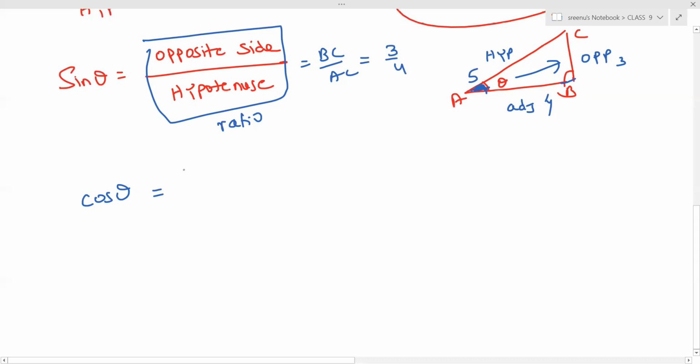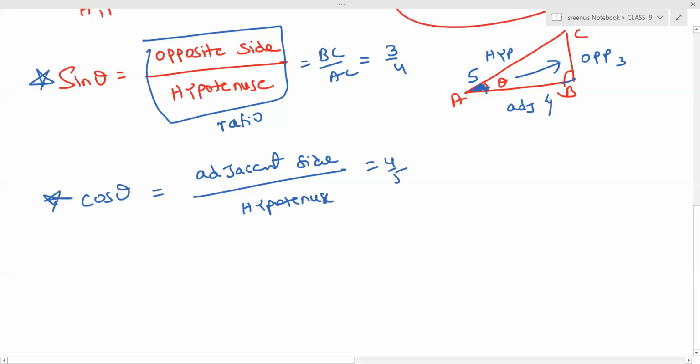And cos theta is also defined as the constant ratio of the adjacent side and hypotenuse. The ratio of adjacent side and hypotenuse is constant in all the similar triangles. That is 4 by 5. So this is fixed. The formula (a plus b) whole square, you learned it, no? Will it change anywhere? No. Like that, sine theta also never changes. It is a fixed formula.